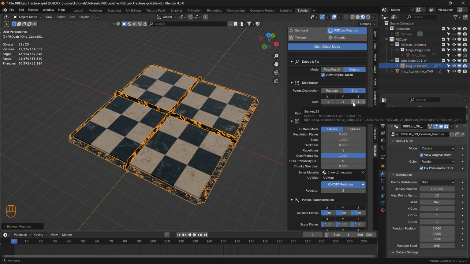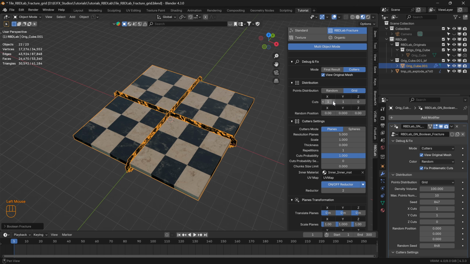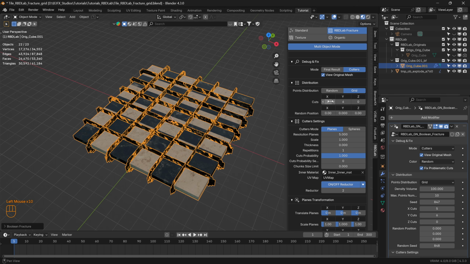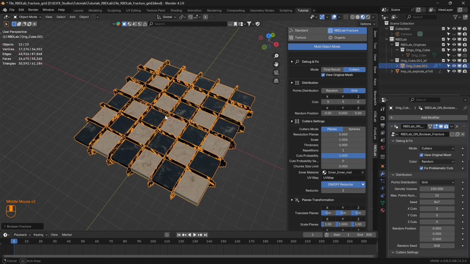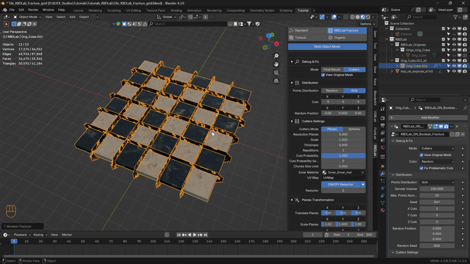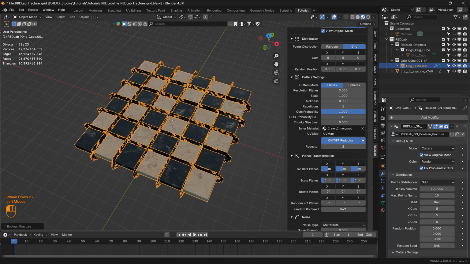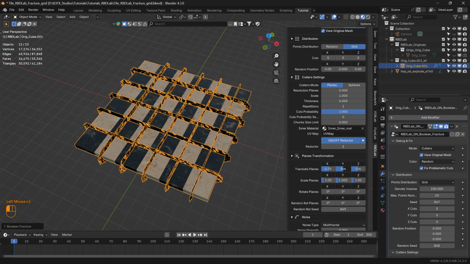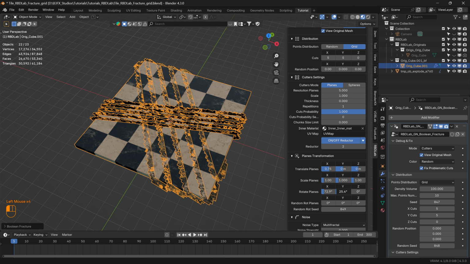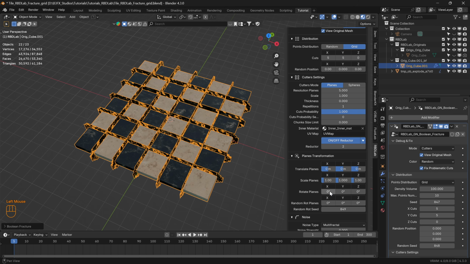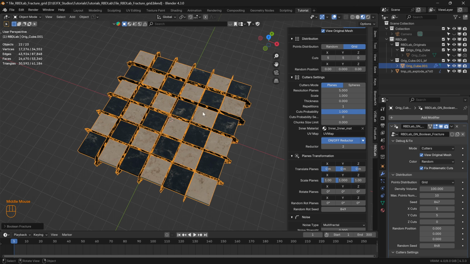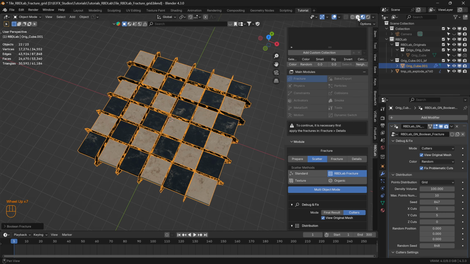Let's say in the z direction, we need 0 cuts, and in x and y, let's say we would like 5 cuts to match the pattern underneath. There we go. So this is how we can actually get the number of cuts. And we can actually translate the planes as well in the x or y. And then we can also rotate the planes in x and y. So in this case, let's give it 0 and 0. There we go. So this looks good here, but let's also take a look